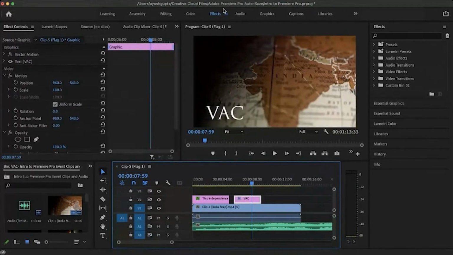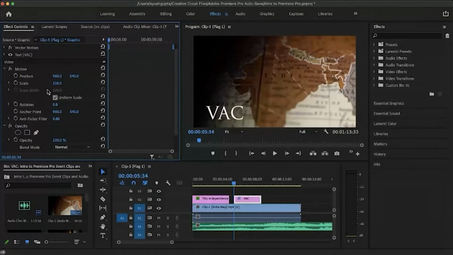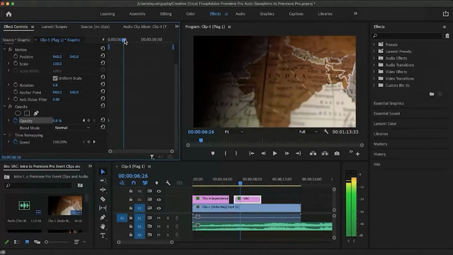So we use the same concept we used in the previous text, fade in and fade out. Use the keyframes. Go to the start of the text clip, click on opacity key timestamp, click on the add and remove keyframe, move it to 0. Then after a few seconds, click on add and remove keyframe, increase it to 100.